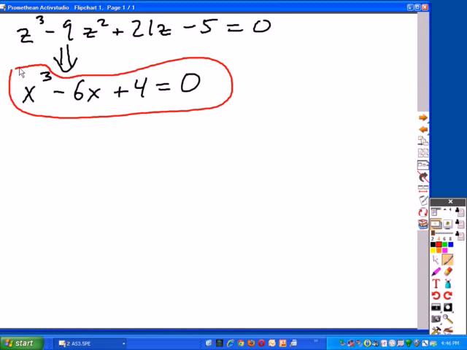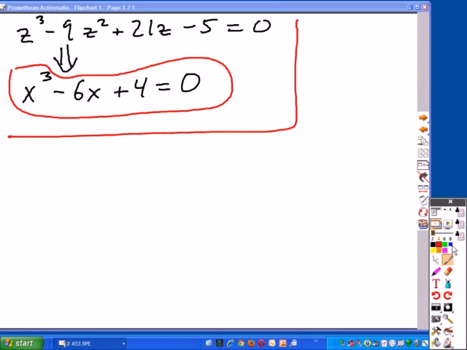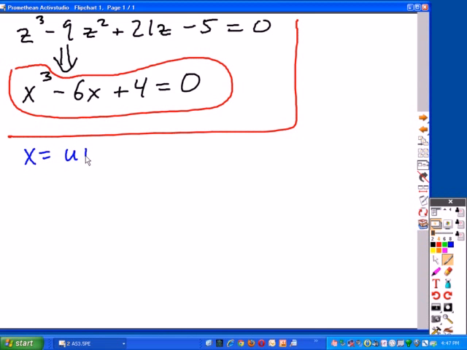And basically what we want to do here is implement something called Cardano's method for solving the cubic. Cardano's method looks kind of similar to what we did before, but instead of having a change of variables of the form that looks like a variable plus a constant, Cardano's idea is that we replace the variable x in this equation that I've circled with a new variable. So we think of x equals u plus v, where u and v are